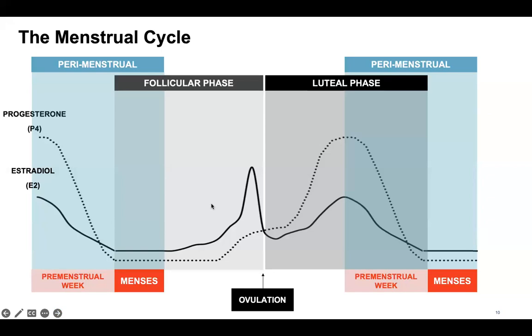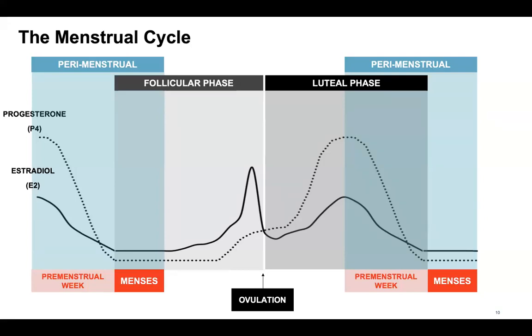So here I'm just going to give a quick overview of the cycle. Along the x-axis here, we have time, and on the y-axis, we have these cycling hormones, estradiol and progesterone. A typical menstrual cycle is about 28 days, and it can be divided into two halves that are bisected